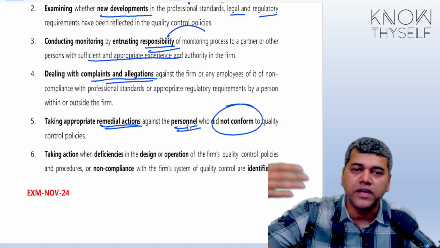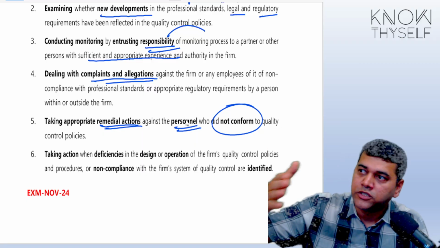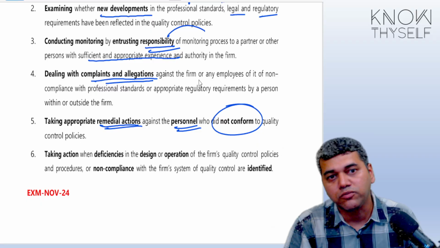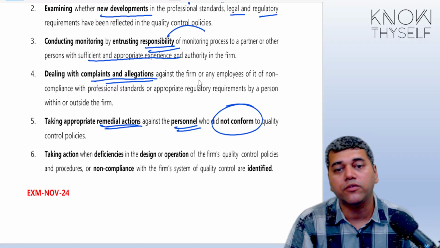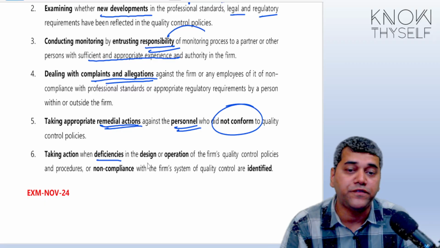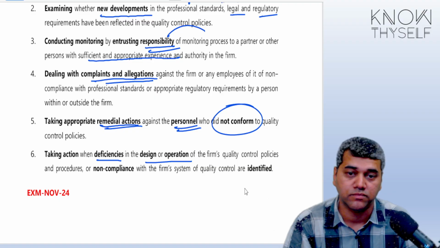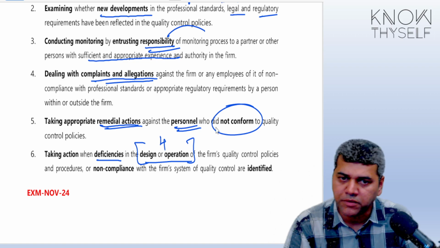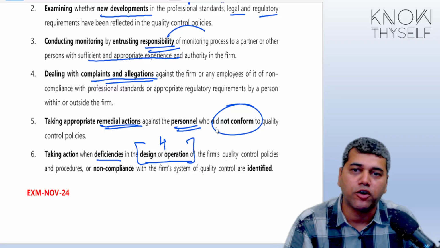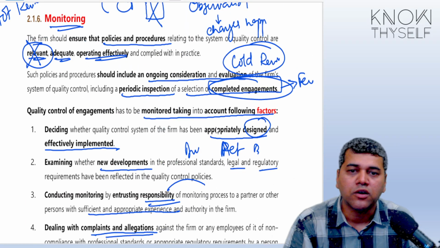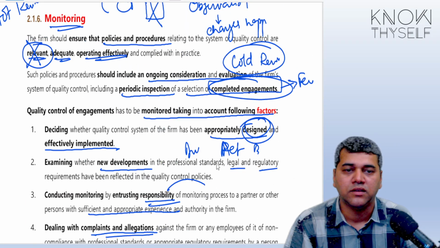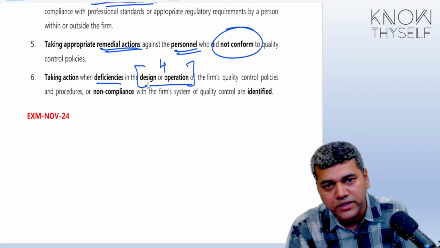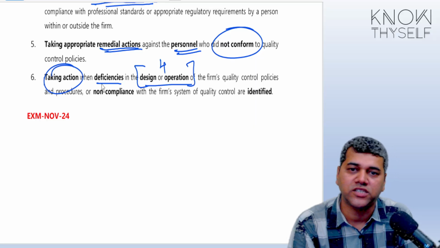Why is somebody punished? Because this should give a message, a tone to other people that this is not acceptable. This is one form of monitoring: are my people following, and taking actions when deficiencies are found in the design and the operation. Design plus operation, we will see this in detail in chapter number 4, but for the time being you understand the concept of design and operation. Everywhere we come across this point called design and operations. So whenever you see that there is a loophole in the design or the operation, you have to take actions to correct that deficiency.